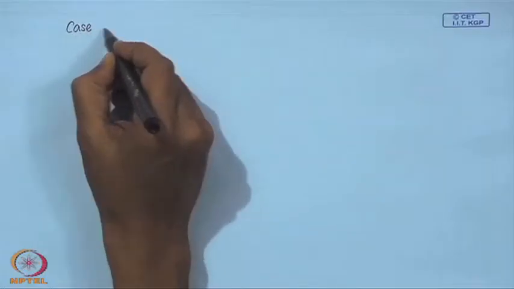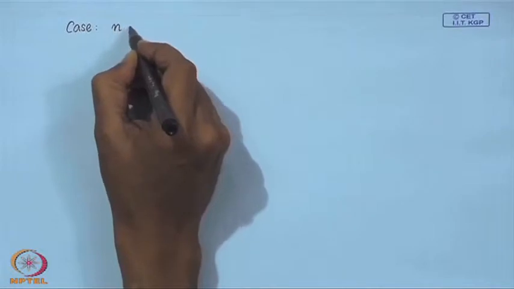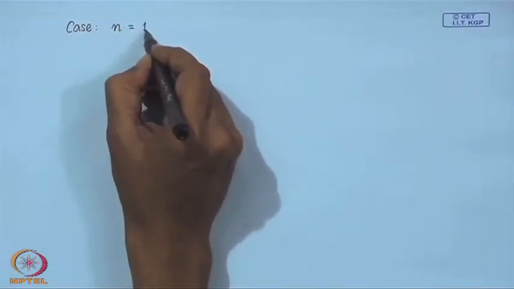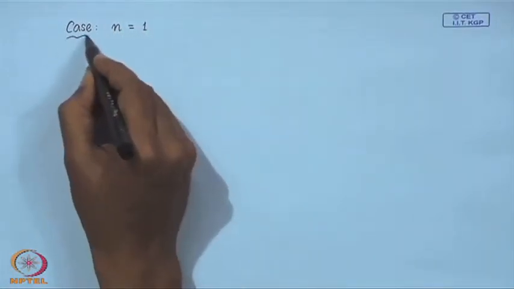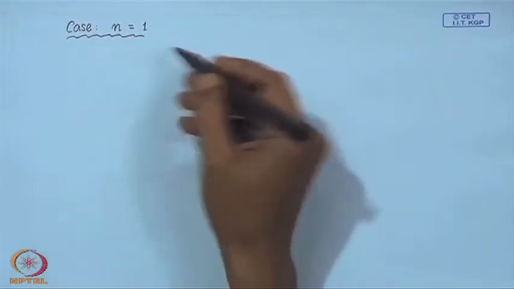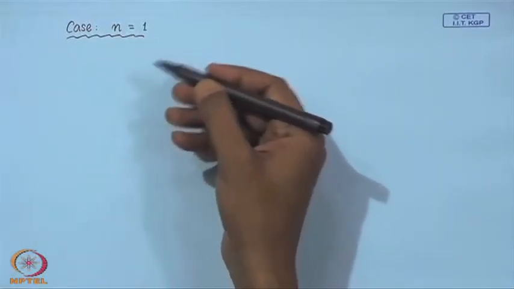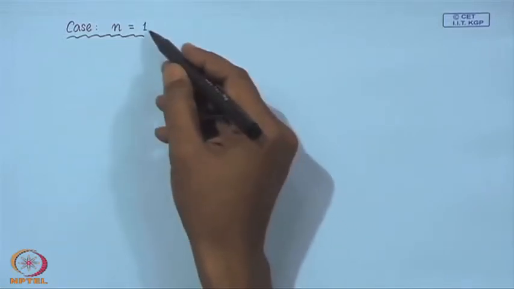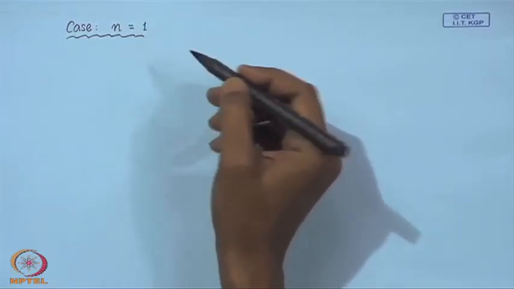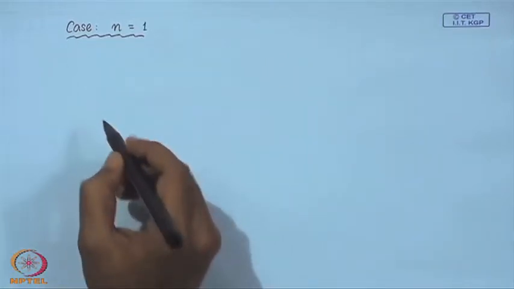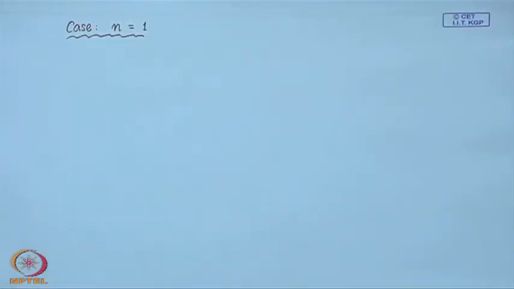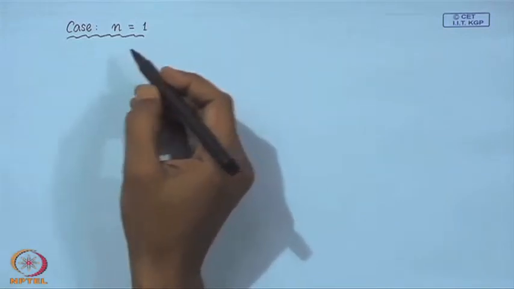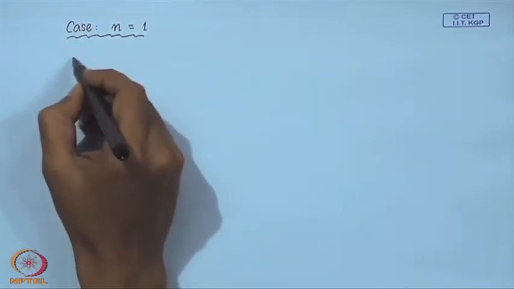Next, let us consider the case n equal to 1. So, now we are talking about non-axisymmetric modes, of course, because there is theta dependence. As soon as n is non-zero, we have theta dependence. So, in that case, if you substitute n equal to 1 in the characteristic equation, once again you will find